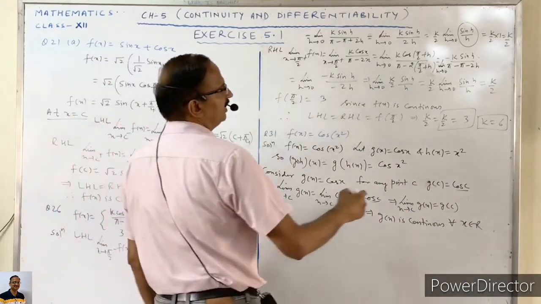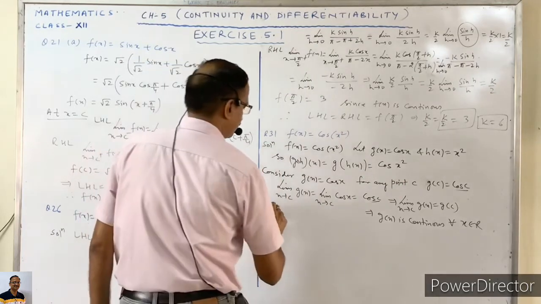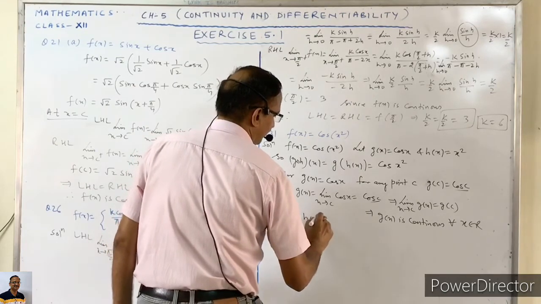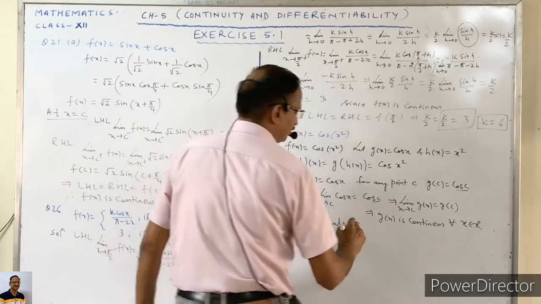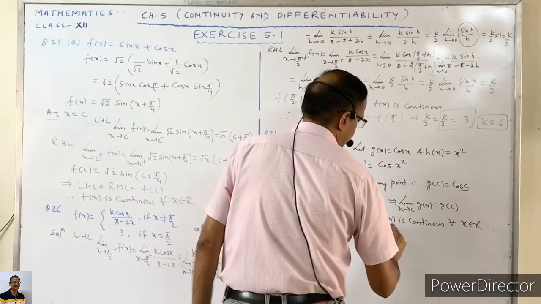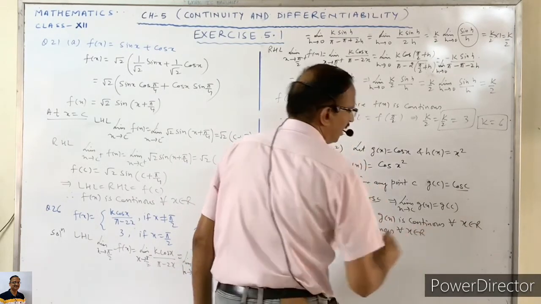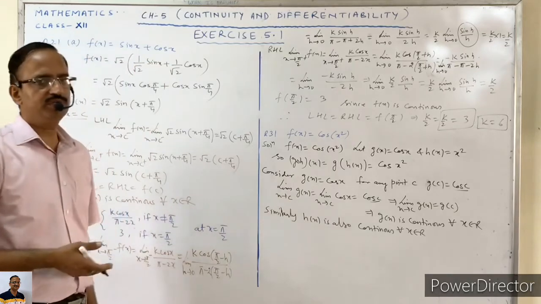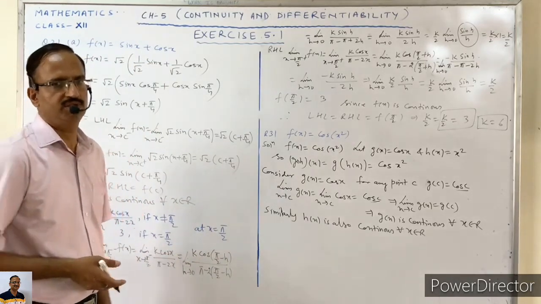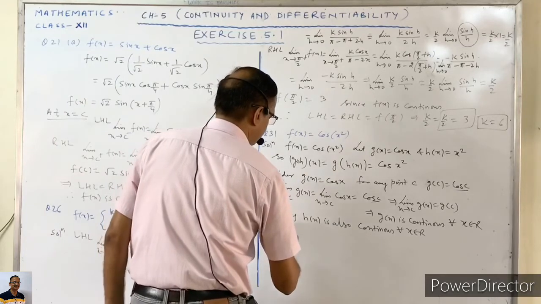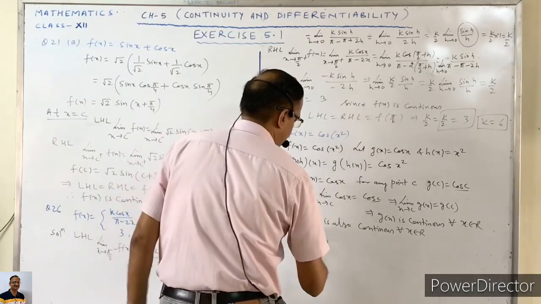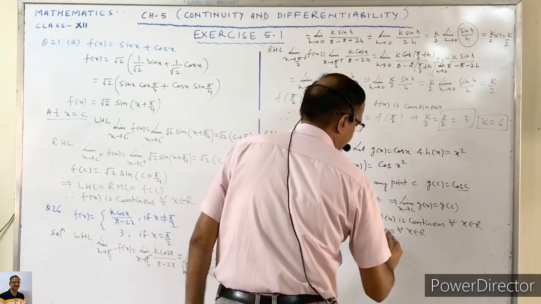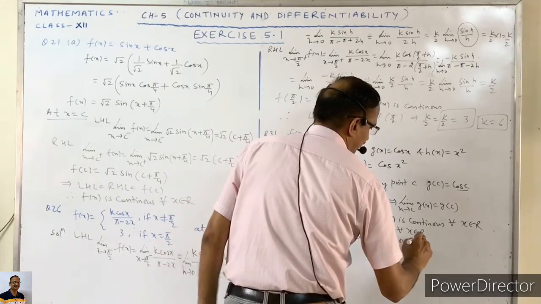Similarly, we can prove that this function h(x) is also continuous for all x belongs to R. Now since both the functions are continuous, so their composition function is also continuous. So we can say that since g(x) and h(x) are continuous functions,